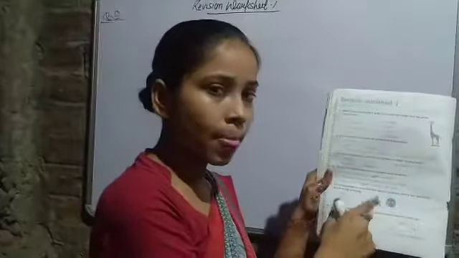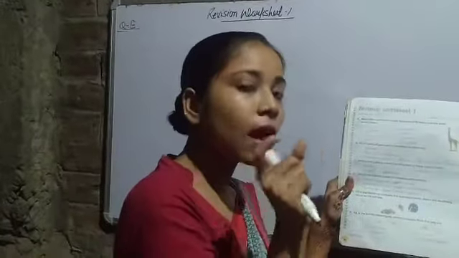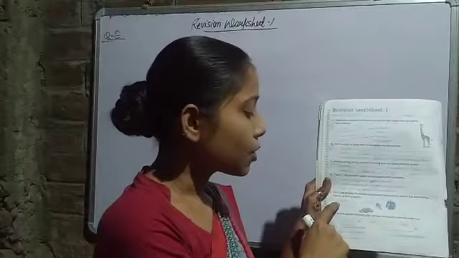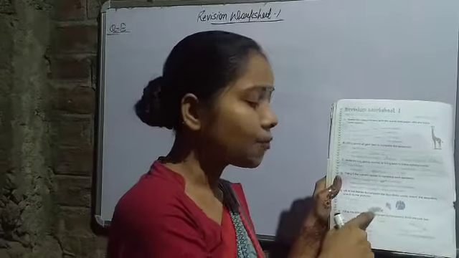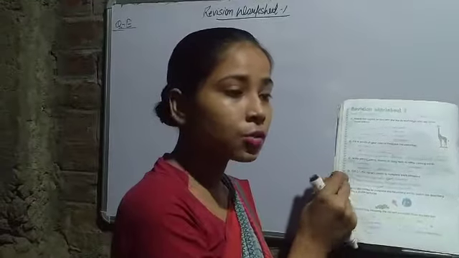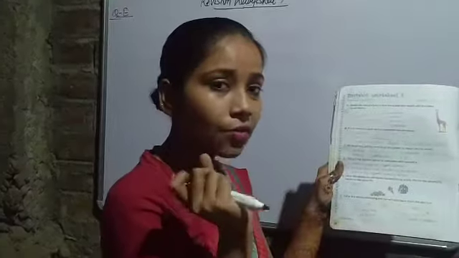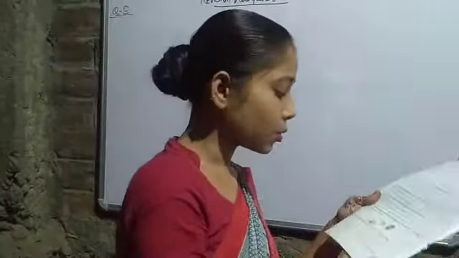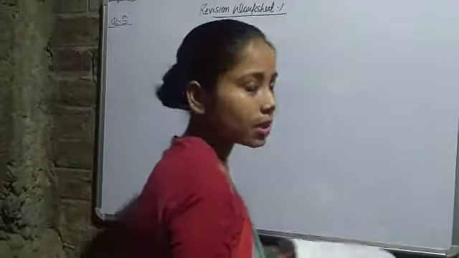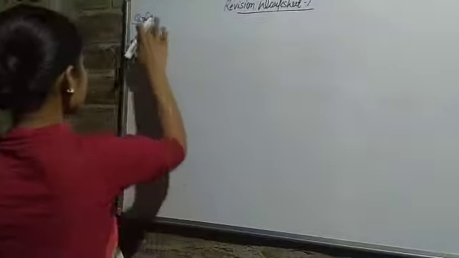Now we have pink, P-I-N-K, pink, pink ice cream. Pink is a describing word and the ice cream is a naming word here. Now we have five, F-I-V-E, five flowers. So five flowers shows that there we have total five flowers. Five is the describing word and the flower is the naming word. Okay, so here we have completed the E number. Now let's move on to the F number.